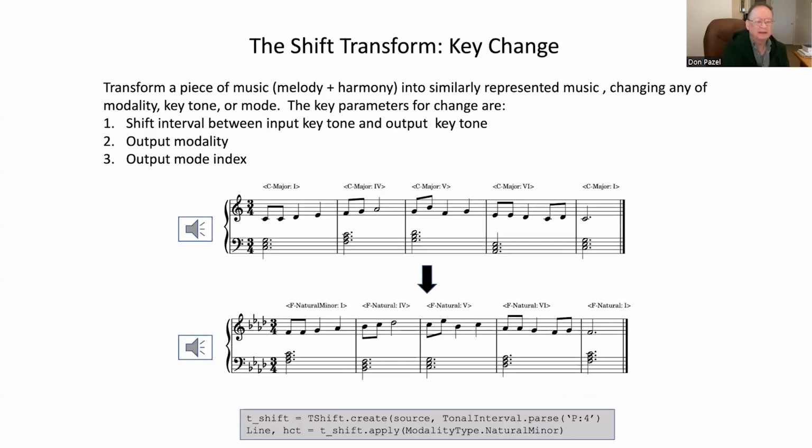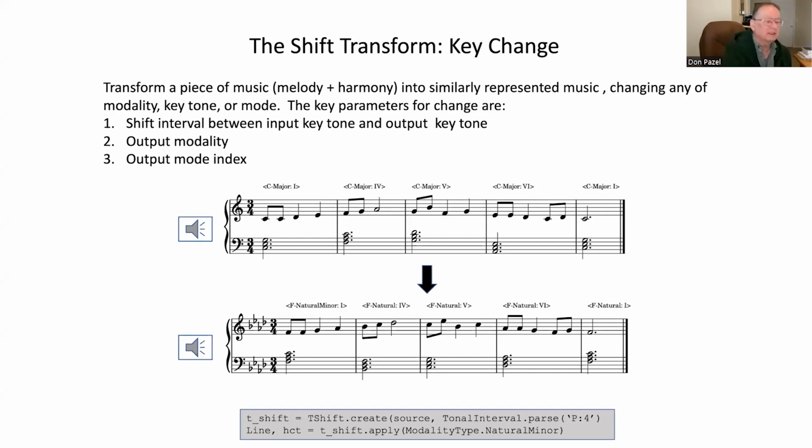And the first one that a lot of tools like Dorico and Sibelius have is shift change or key change. This is fairly common. And so this is the one I tackled, and this is what the code looks like for making a change. And I just did an example of it. Here's the original. I'll just change the key to F natural minor. Fine. Okay.